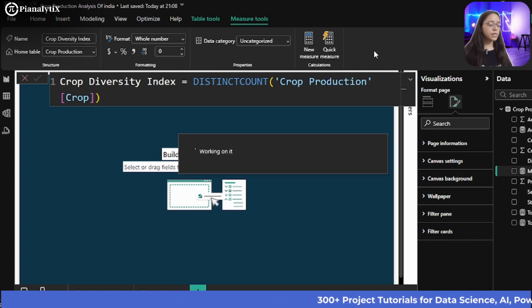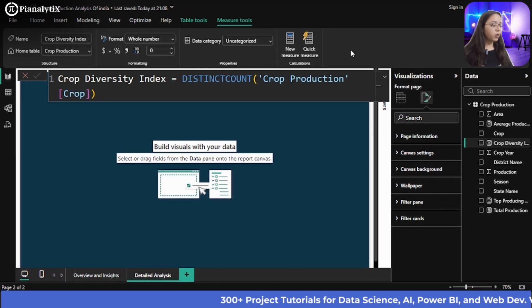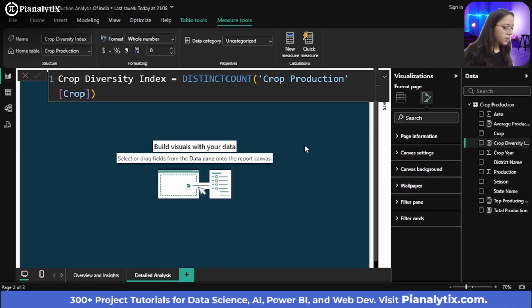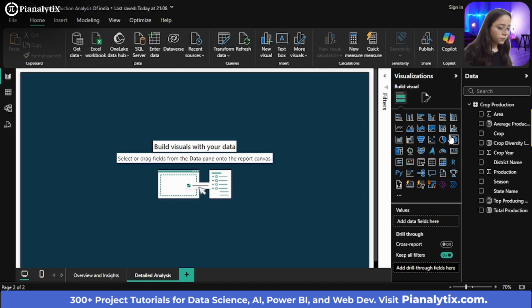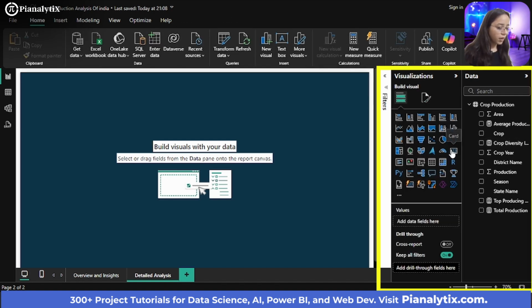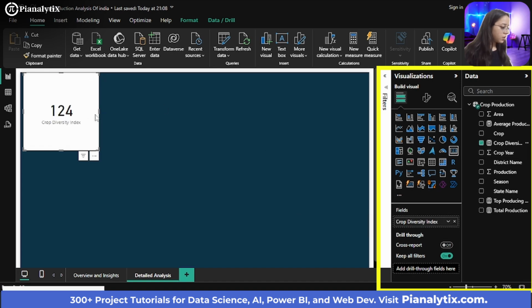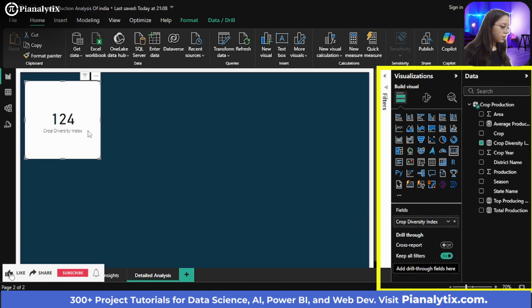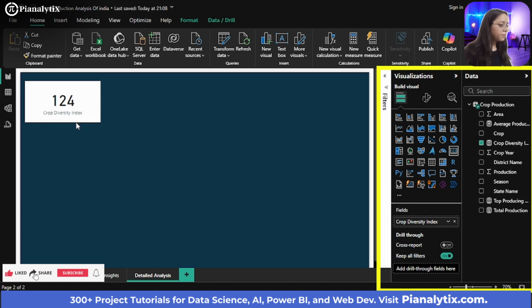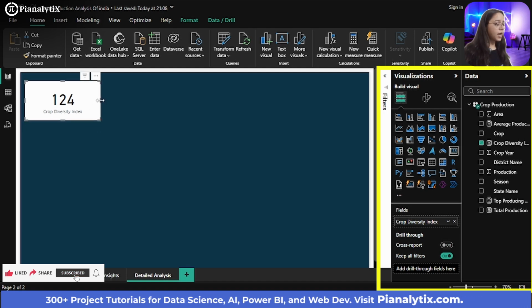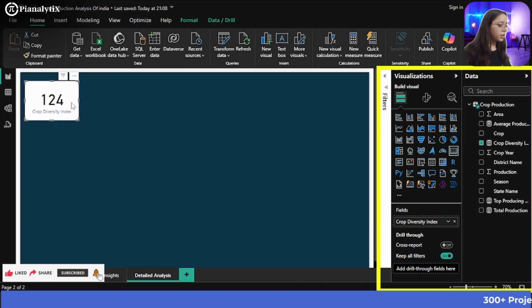You will basically see a numerical figure of the count of various crops which shows the crop diversity index. So if I just show you, choose a card from here and I will drag this all the way down, and now you can see that this is the crop diversity index. Basically, this many crops can be planted or grown in a particular area.